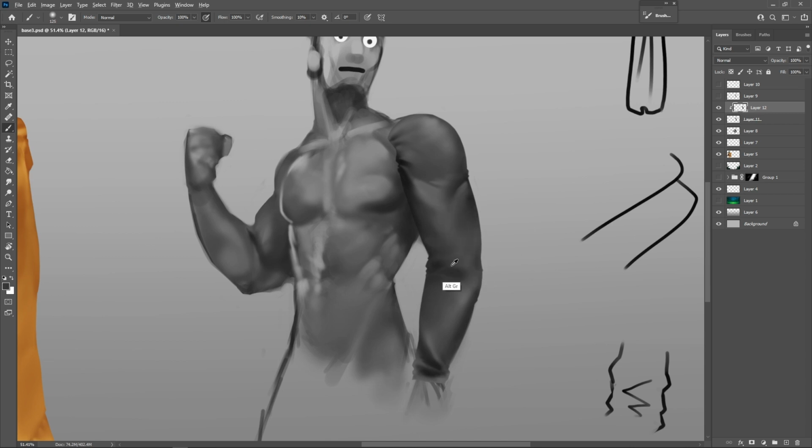Oftentimes newer artists like to zoom in, but you'll notice I haven't zoomed in at all. Dang, that's crazy. I'm not saying you can't zoom in, by the way. I just enjoy reminding artists not to miss the forest for the trees. Meaning if you zoom in, you tend to focus on the small section you're working on, and it's much harder to see the full piece and how it's all coming together. Speaking of coming together,